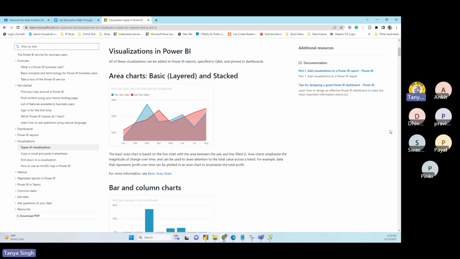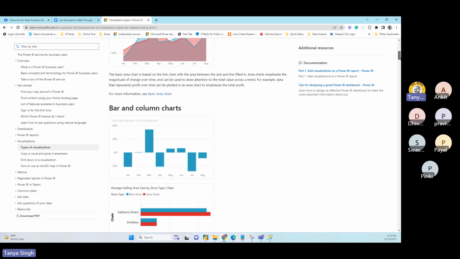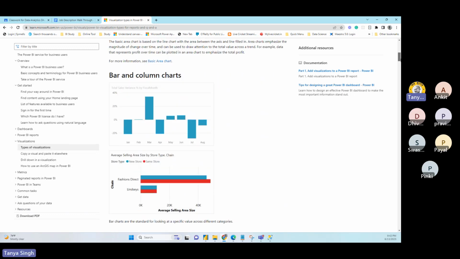That's why it's important, and in an interview they will ask which visuals will be used in which scenario. Although this is a Microsoft tool, pretty much all visuals are found in every technology and tool, so I highly recommend going through these visuals and understanding when you should use which.